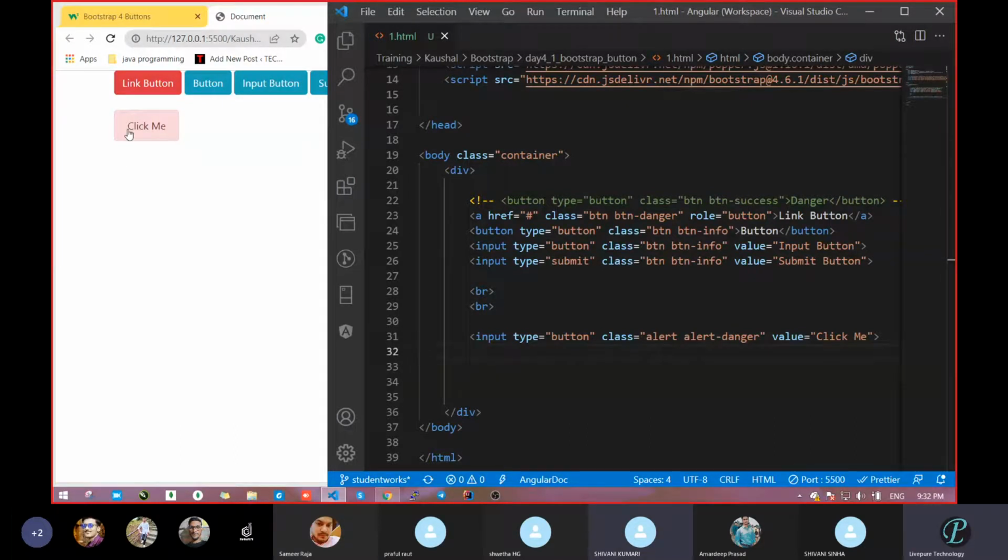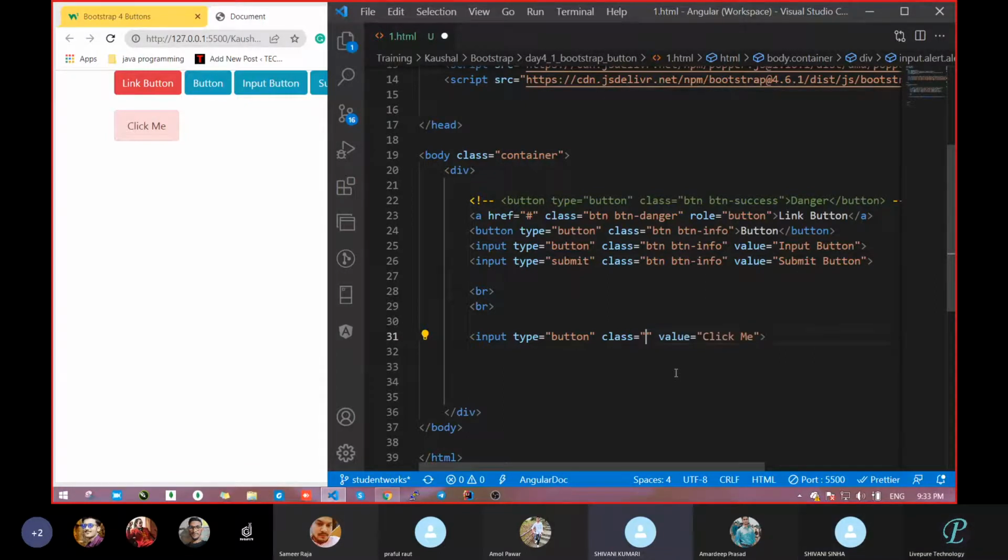But here it gets a light dark color, light red type, because of this alert property. Yesterday we had seen that. Correct. I was thinking it would come like the alert type, but it's not like that. So not an issue. But whatever you take, you have to take the parent, and after that you have to move to the child. Clear, Shivani?